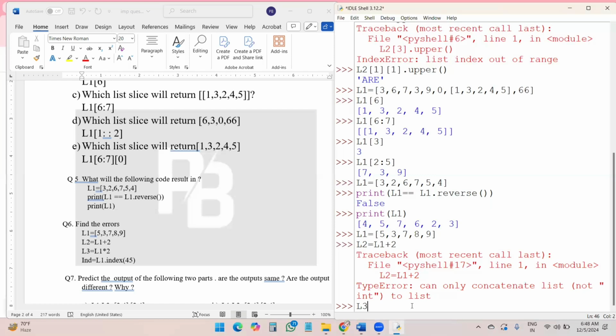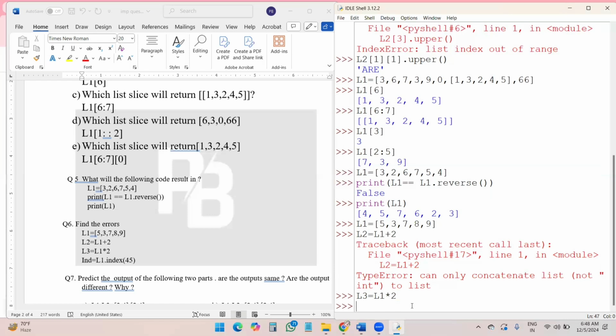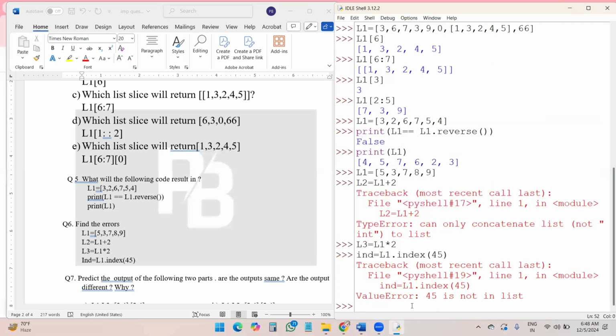If I am writing here L3 is equal to L1 times 2, that works, okay? But if I am writing here index is equal to L1.index(45), that also shows an error.